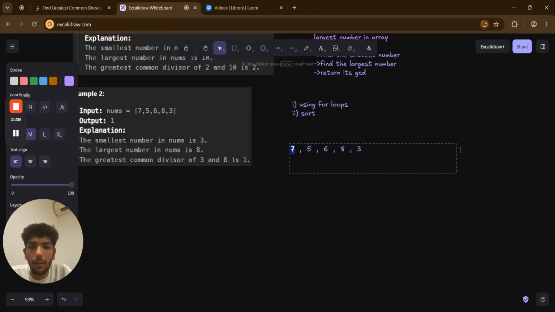We will first consider 7 as the smallest and the biggest possible. Then we see 5. Oh, 5 is smaller than 7 and can be considered for the smallest possible. Now we have taken 6. It is neither the smallest nor the biggest. We have 8. Oh, it is greater than 7, which is the largest element now. And 3 is the smallest one. So we found out that smallest is 3,